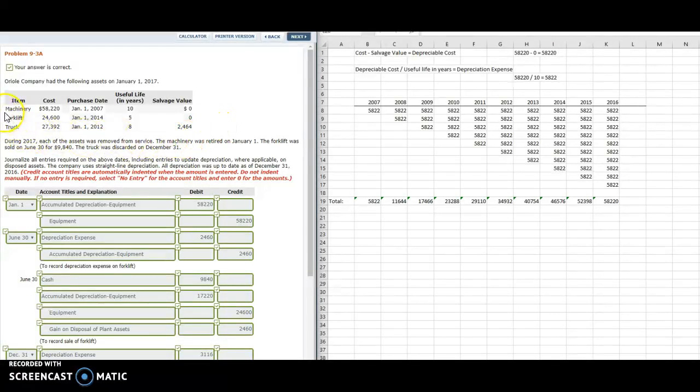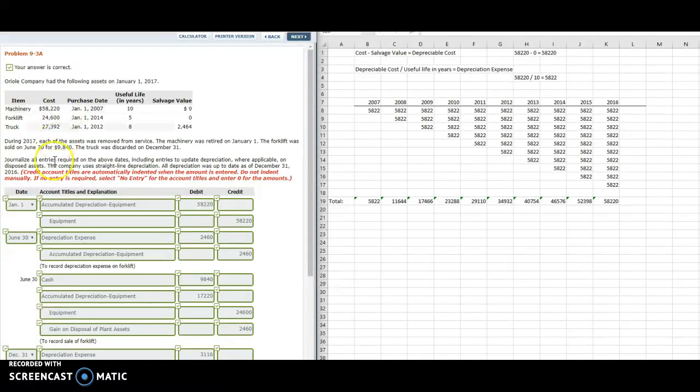Okay, so the first asset that we're going to dispose of is machinery. And so we need to record the accumulated depreciation of that asset. And we learned that they originally purchased that asset on January 1st, 2007, and they expected to have a useful life of 10 years out of that asset. So they're disposing of that asset on January 1st, 2017, so they've had the full useful life out of that asset. So we would record that full value of $58,220 when we journalize the entry for recording the accumulated depreciation